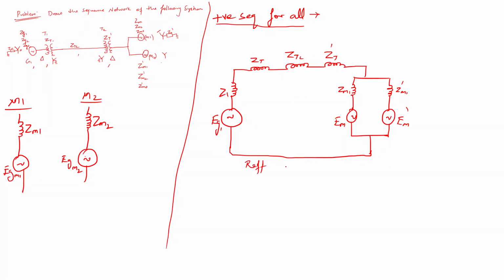Okay, so here we can see this is overall reference, and also this is the positive sequence. Together I will take reference as a neutral. This overall neutral I will take as the system neutral for our entire system network. So I have drawn the positive sequence for the entire network. Yes, ma'am. So in the positive sequence, on the top the three are ZT, ZTL and ZT dash, right? Yes, ma'am. That is two transformers we are having, one transmission line.